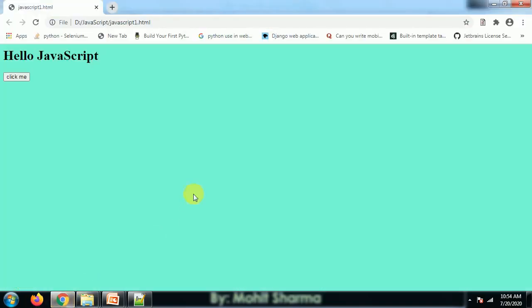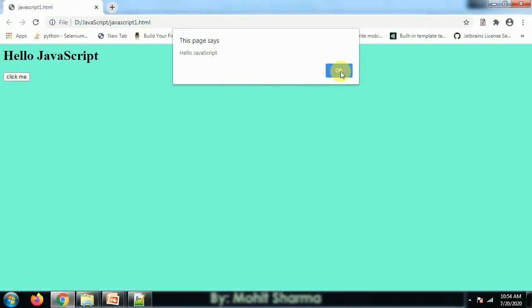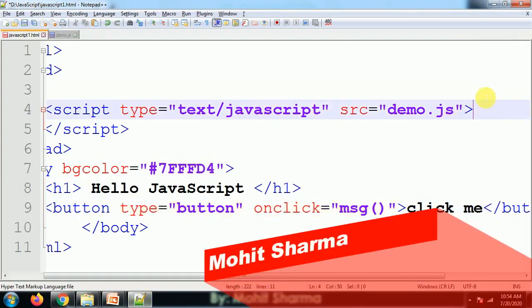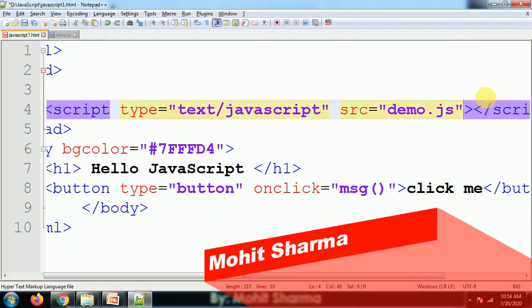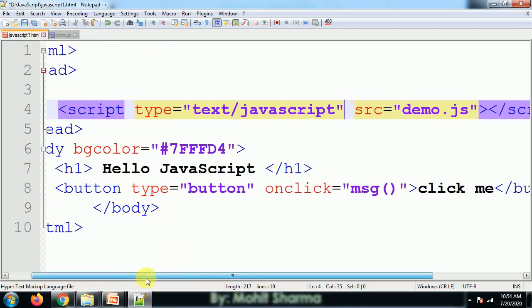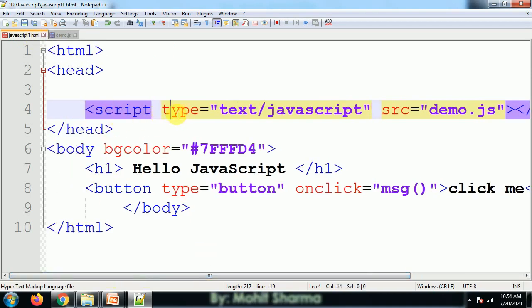Now I refresh this, I click on this, and here comes the code. So how can I use it? I only added this src, and separately I created a JavaScript file. All the contents related to JavaScript I place in that file, and externally I am using it. So this is the JS file, and this one is the HTML file, and the script tag I use has the same type attribute.